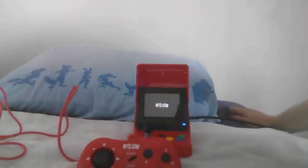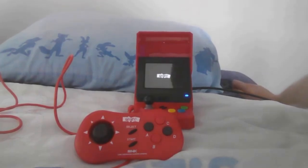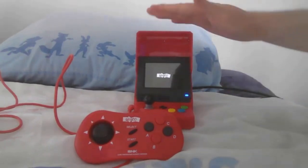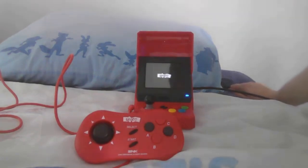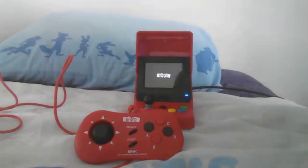Overall, despite the thing with the ROMs, I still quite enjoyed the little system. With the control pad, the HDMI cable and everything, I had to pay only just over £100 for it. But you can get the system separately for just under that price, so about 10 less. So there'll be about 90 quid for this, which is the bog standard price of when these units first came out. I'm guessing after a while they'll drop down to about 60 or 70 pounds, which in dollars would probably be something like